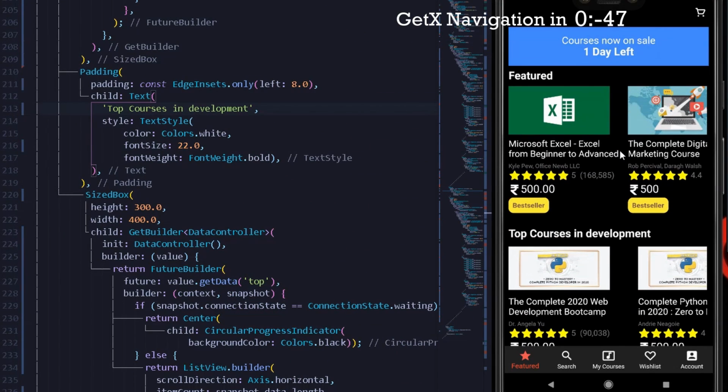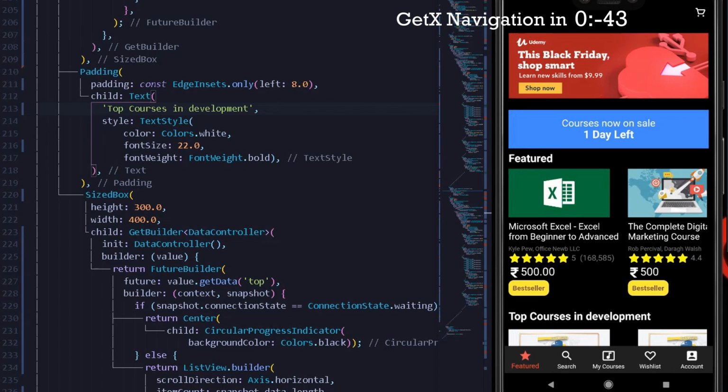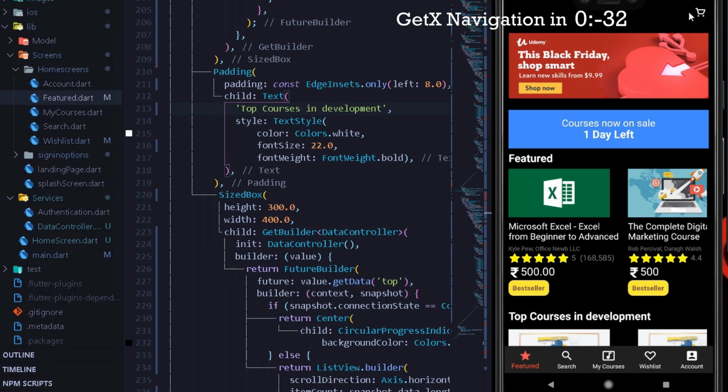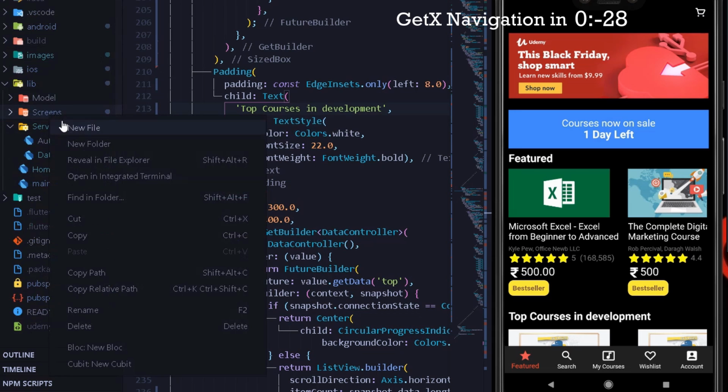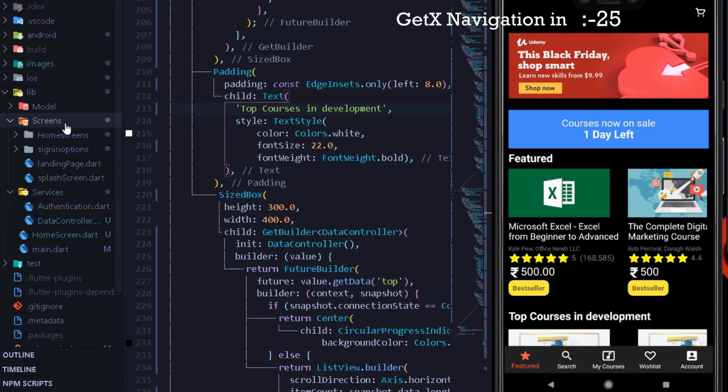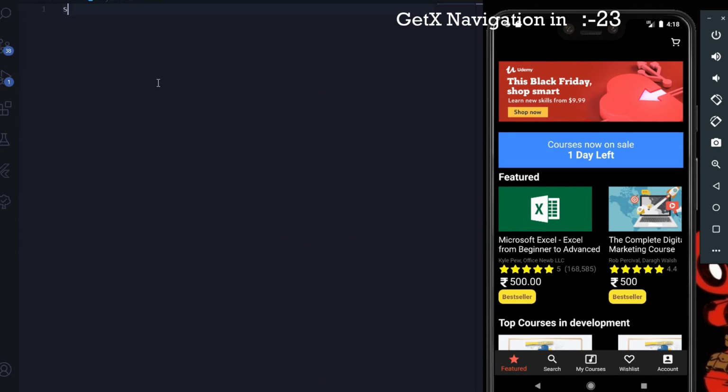So in this way we have imported all data from the Cloud Firestore with the help of state management through GetX. Now I am launching a new course on GetX very soon after having the Udemy clone, but before ending that, let's do one thing, that is create one more screen for the following my list bucket. So here under the screens, I can simply create one more file for my list.dart. Alright, so here we will have our stateful widget.